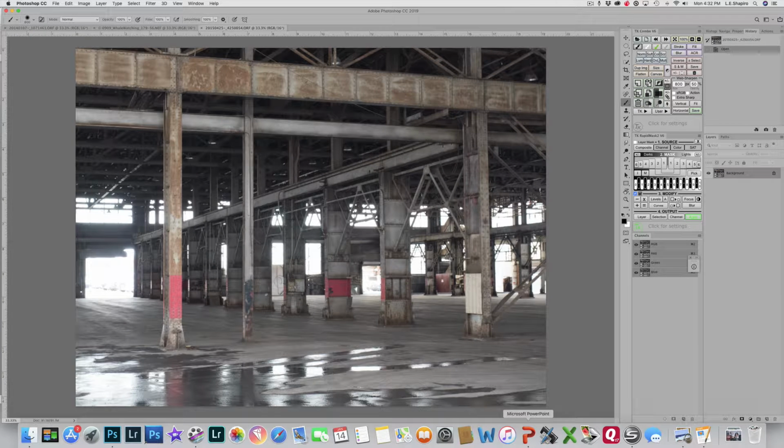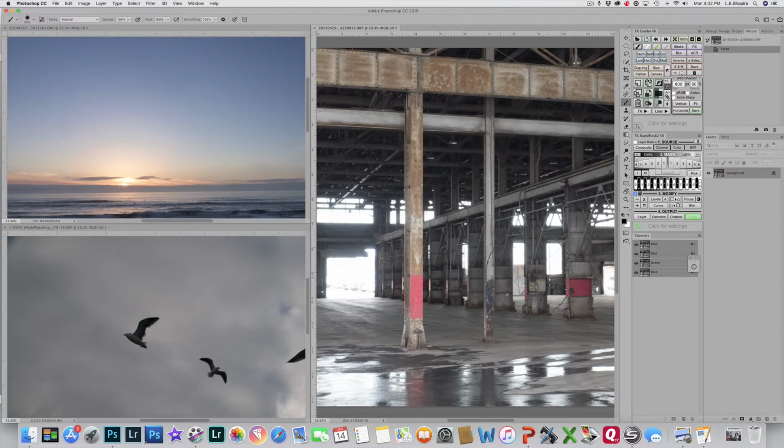Now I'm going to start with the building. And what I want to do is use a technique called luminosity masking, because what I want to do is create a mask which will mask out the highlight areas. Now the first thing I'm going to do is go back to the tile mode, and